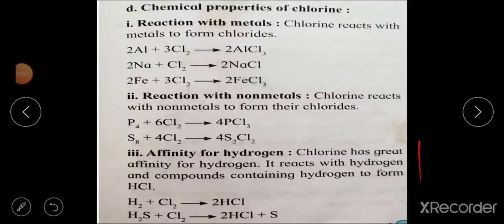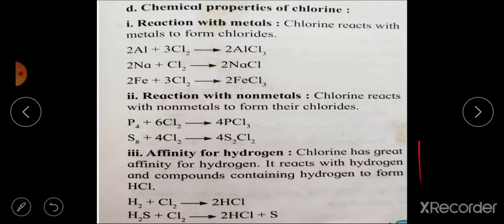Then chemical properties of chlorine. First we see reaction with metals. Chlorine reacts with metals to form chlorides. Aluminum metal reacts with chlorine to form aluminum chloride: 2 Al plus 3 Cl2 produces 2 AlCl3. Then sodium metal: 2 Na plus Cl2 produces 2 NaCl. Sodium metal reacts with chlorine to form sodium chloride. Then 2 Fe, that is iron, reacts with 3 Cl2 molecules to form 2 FeCl3,